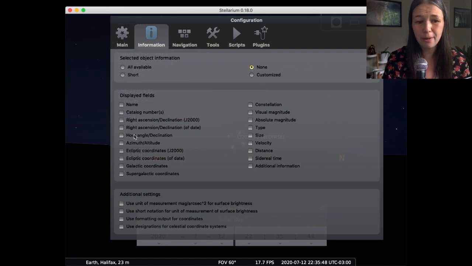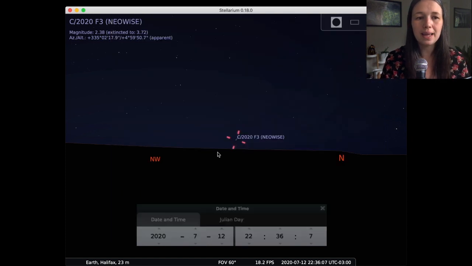What I actually care about is having the azimuth and the altitude. I will also do the name, so I like to have the name up top so I know what I'm looking at. And I generally leave the visual magnitude on as well. You don't need that, but I just like to have it. What you do want is the azimuth and the altitude. That's very important because here our azimuth, we can see it's at 335 degrees at 10:36 p.m. This is very important for the next step in our planning,